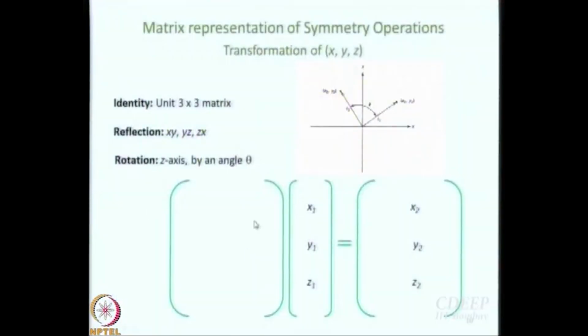Okay? So, if you turn with respect to z, then what will happen? To start with, I have written these as x1, y1, z1, the original coordinates, and x2, y2, z2, the transformed coordinates. Since z axis is the rotational axis, I think it is not very difficult to understand that z2 will just be equal to z1. Right? So, z does not mix with x or y, right? So, I can write a part of the matrix. z remains by itself, z is unique because you are performing a rotation with respect to z. So, I can actually fill in these elements here. This 3 3 element is going to be 1